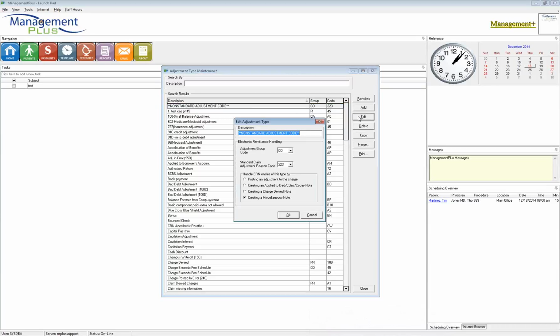I'm going to go ahead and edit this adjustment. Again, this is just a non-standard adjustment. If I wanted to rename this to be the sequestration adjustment, I can go ahead and do so. The verbiage is only for your use. The insurance companies do not see that. So what they are seeing is this group code and the reason code that's set up right here in the